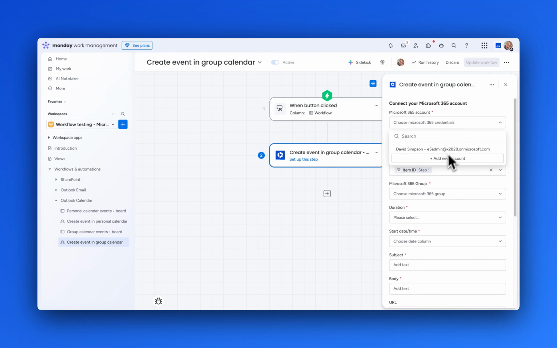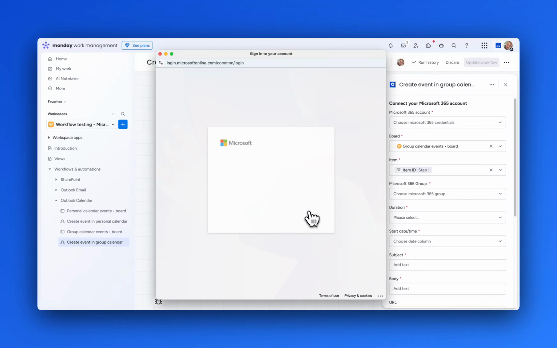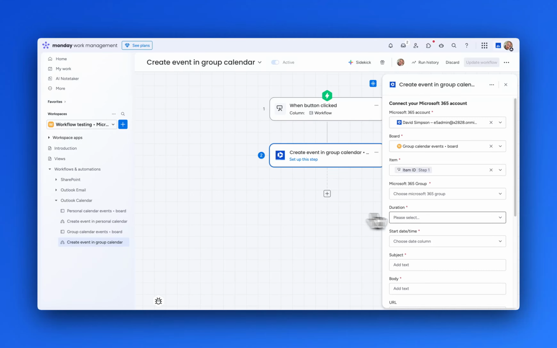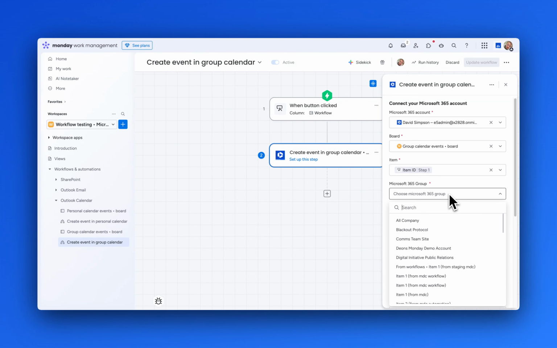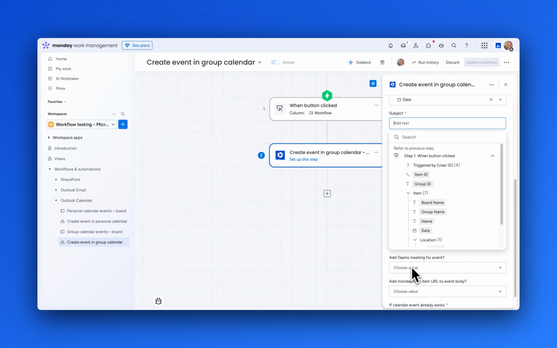So first things first, we can add our credentials here and sign in. I'm using 2-factor authentication here, so I just need to type that in on my phone. And now we're authenticated, we can select the group, the Microsoft 365 group. I'm going to go with this one called Blackout Protocol, and we're looking at an event duration, and I'm going with 30 minutes. We select the start date from the column, select the subject. I'm going to say this is the item name from Monday.com workflow,